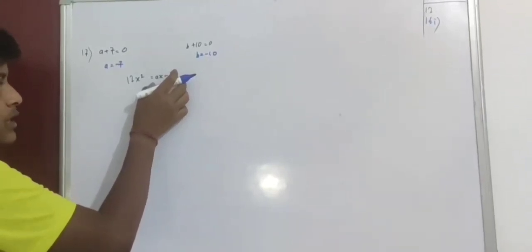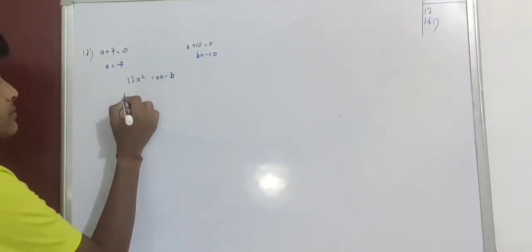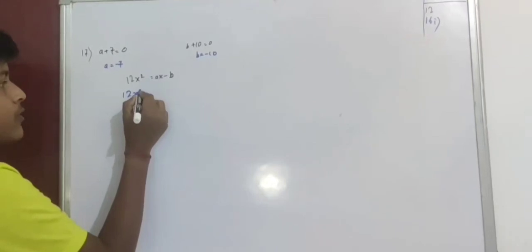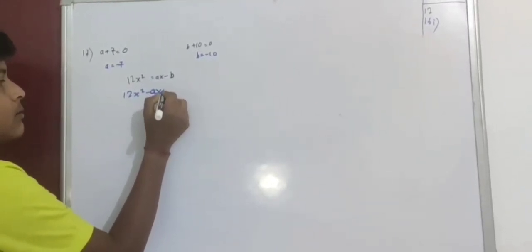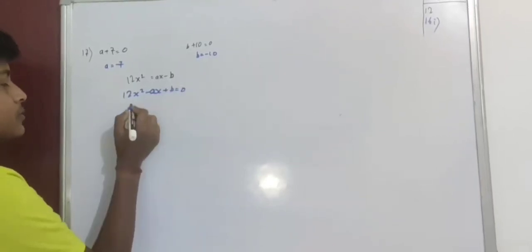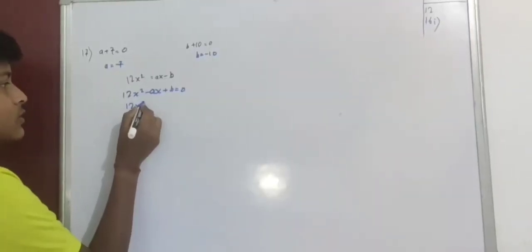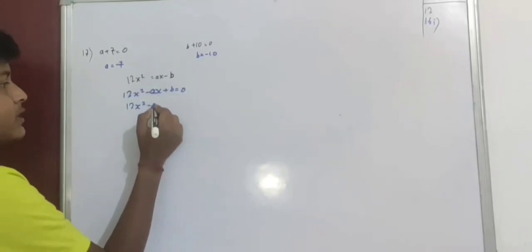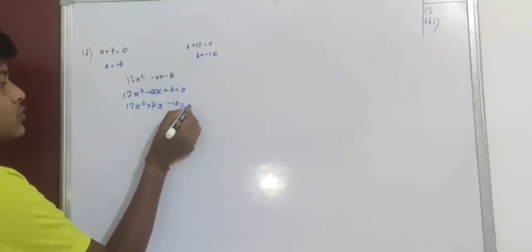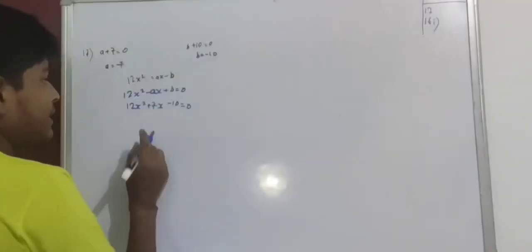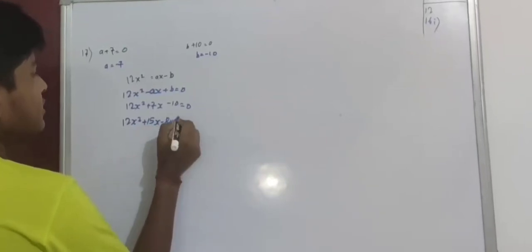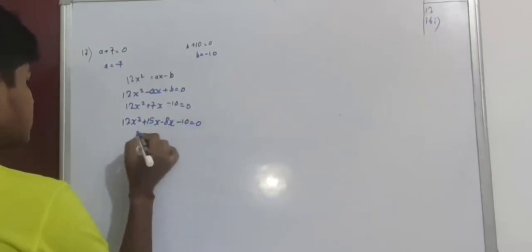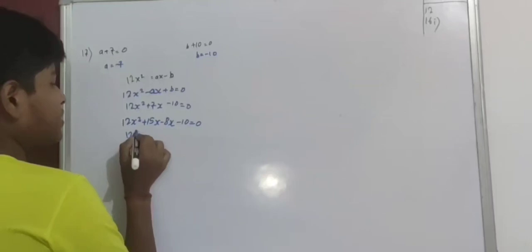Now putting the values of a and b in this equation, 12x square is equal to ax minus b. Sending the ax minus b to the left side, 12x square minus ax plus b is equal to 0. Putting the values, 12x square minus 7x, so it will be plus 7x plus b, it's minus 10, so minus 10 is equal to 0. Now doing the midterm split, 7x into 12 and minus 10,